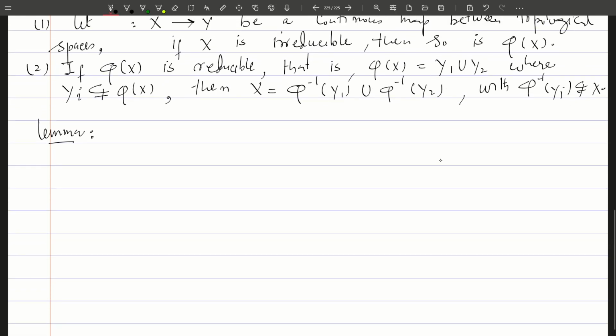So let X and Y be irreducible topological spaces. So assume that